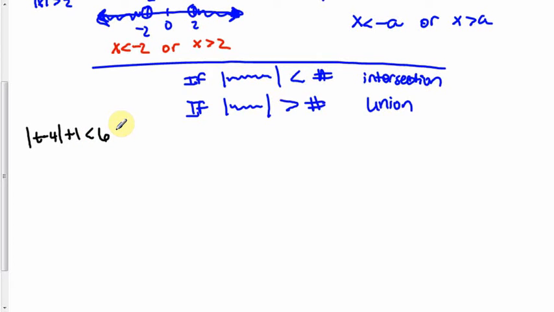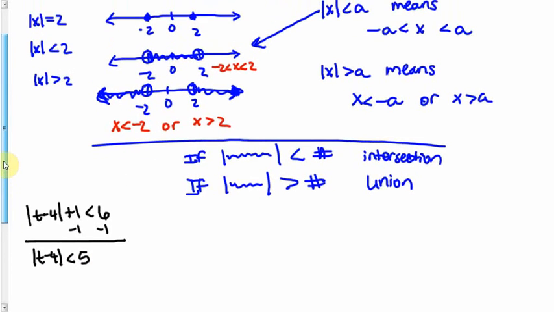So the very first thing you have to do is you have to isolate the absolute value. So I'm going to subtract the 1 from both sides. Now, absolute value less than a positive real number,